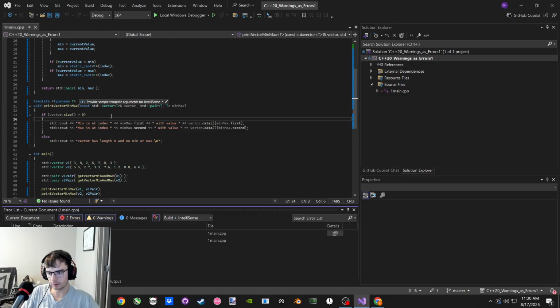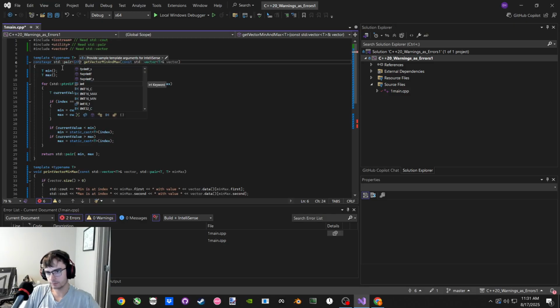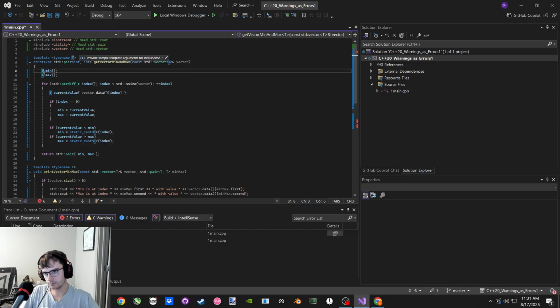Subscript of not of integral type. Oh, hold on. The problem is these need to be of int type. In these, well, actually, in these can be whatever. The problem is